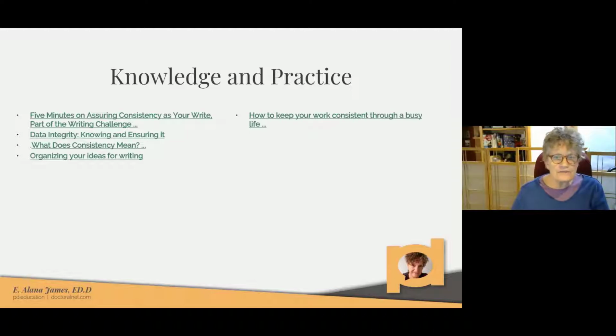So the knowledge about consistency is not as long a list, because it boils down to the fact that things have to be consistent. But it's your work and your field, and there's a million ways you can personally be inconsistent. So these are the broader topic areas that are actually a little bit of knowledge on your part, and then